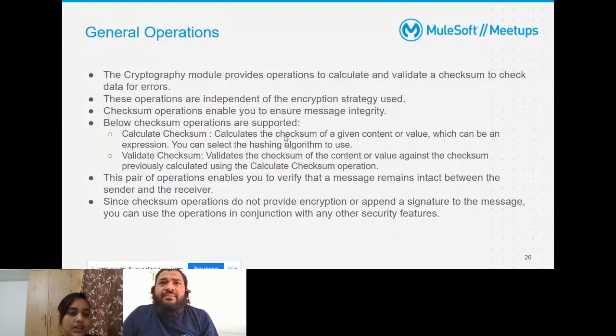Validate checksum will act as a filter for that generated checksum. It will validate whether the checksum generated when the message entered the application is the same as when it exits, just to ensure that the message has not been impacted.